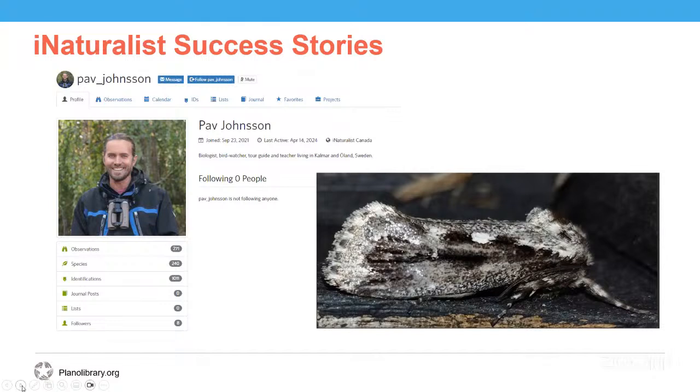And the next morning, he found this moth here that you see the picture of, and he did not recognize it. So he posted it to iNaturalist, and users soon had an answer for him. It was the frosted phoenix moth, which hadn't been seen in 65 years, and he was the first person to have ever taken a picture of it. So iNaturalist is increasing our awareness of things that we didn't know were still around.